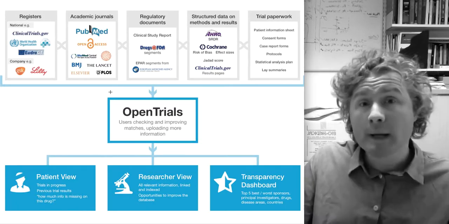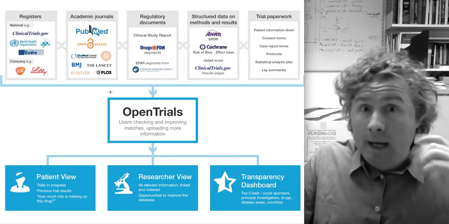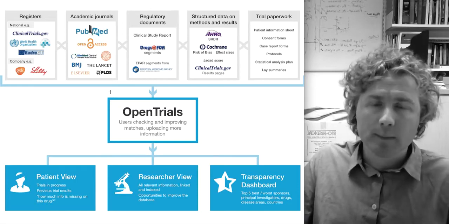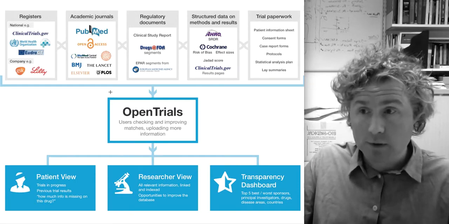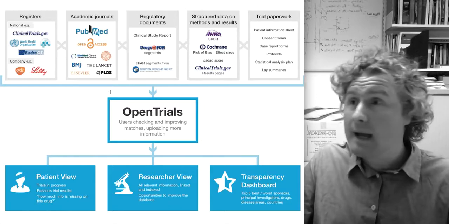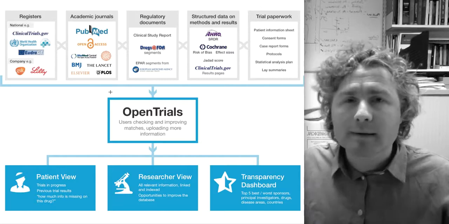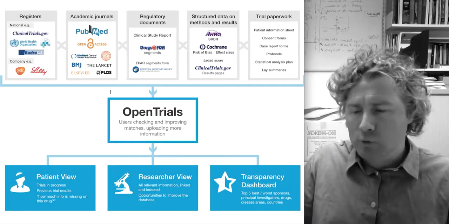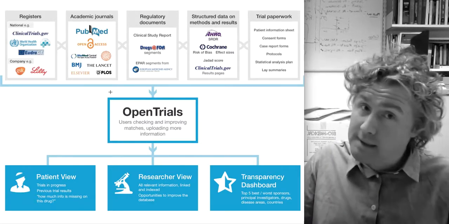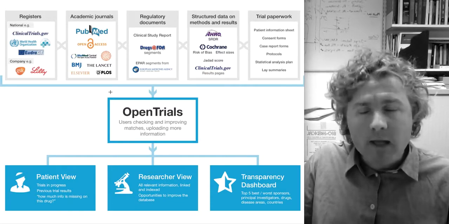So next, can we do better? Regulatory documents are a really important source of information on clinical trials, and they're very, very underused at the moment, partly because they're very difficult to access, very difficult to track down. If you want more information on that, it's in the first chapter of Bad Pharma. If you want a really long howl about the state of reporting of clinical trials, there are also references in the Open Trials paper, which you can find on this site.